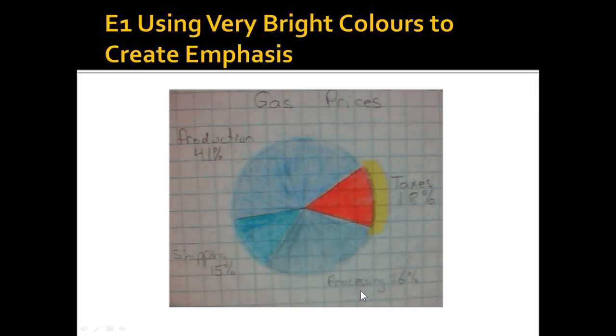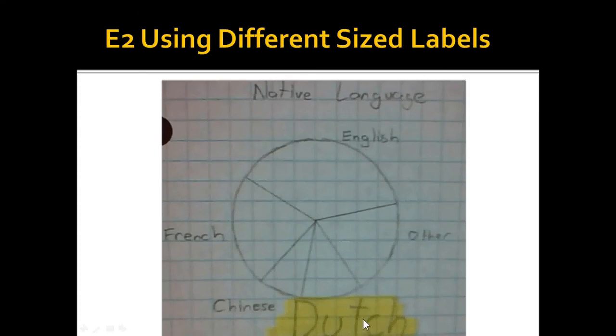For circle graphs, I have a number of different techniques. Notice the color difference. Use plain, bland, boring, dull colors, and then use one bright color somewhere. That's simply going to make it look bigger in your perception, especially if they use red. Red has a tendency to make things appear larger to us. So that's important to keep in mind. Anytime you see a real contrast in colors, that's not a good thing. Different size labels: the labels should all be the same size. If you have a different size label, that suggests that they're trying to bring a particular point across, perhaps.